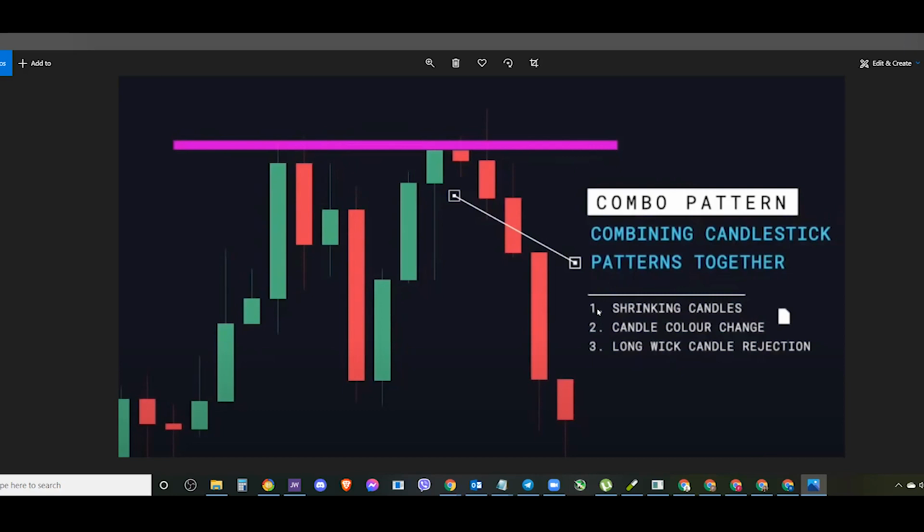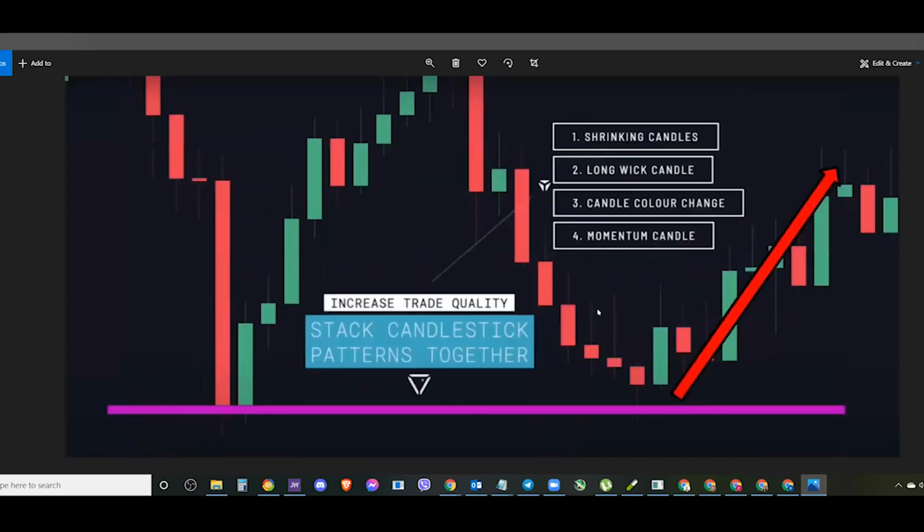So that is very important to memorize that 6 keys of understanding our candle. So for example, this one, kung makikita mo, nagkaroon din ng shrinking candles, lumiit yung candle, tapos nagkaroon pa ng long wick, ito, tapos candle color change, yan, from red naging green, and then yung momentum ng ating candle. Ang nag-confirm yan actually ng pagtaas ay ito. Kasi kung mapapansin nyo dito,